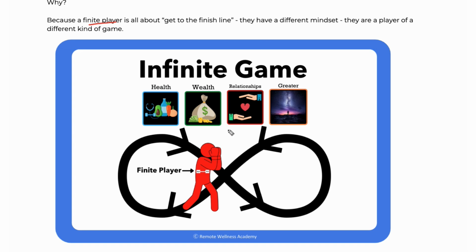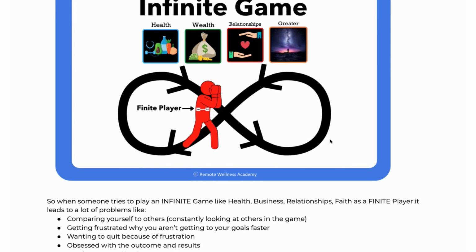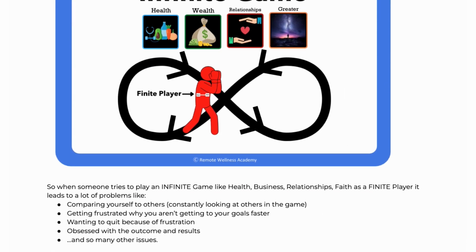They have a different mindset. And so this is what it looks like. The finite player, all of a sudden, they're used to having a start and an end. They come in here and they start playing this infinite game: health, wealth, relationships, connection to something greater, right? And so when someone tries to play an infinite game like health, business, relationships, faith as a finite player, what